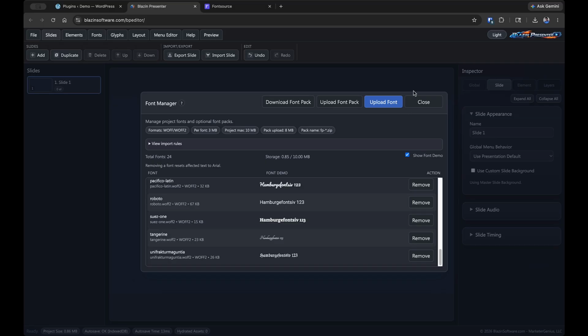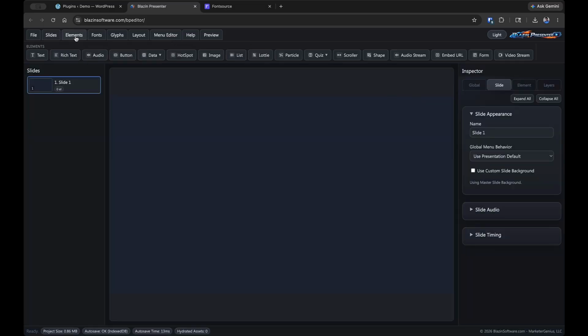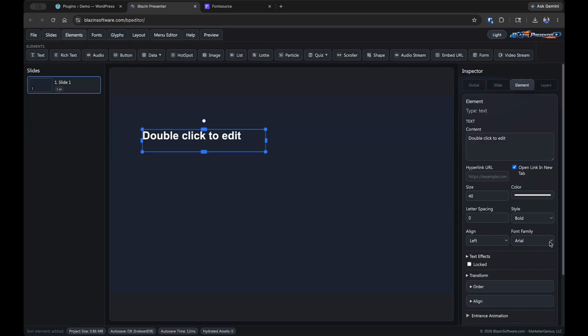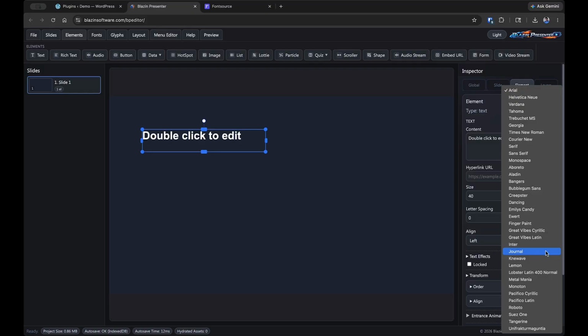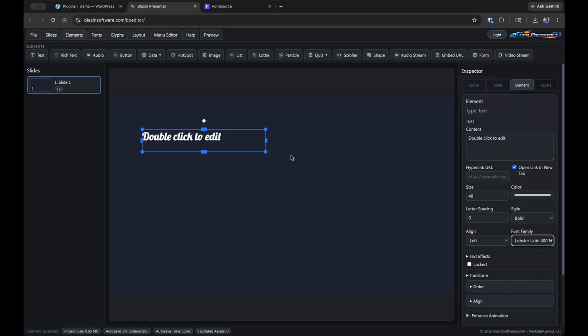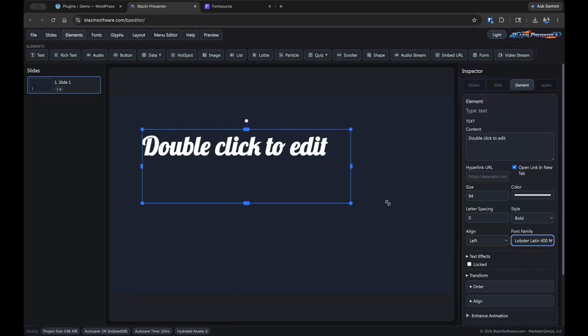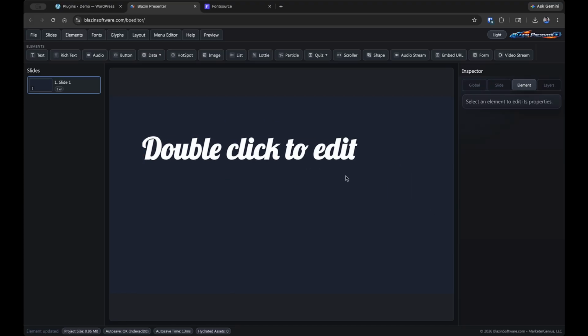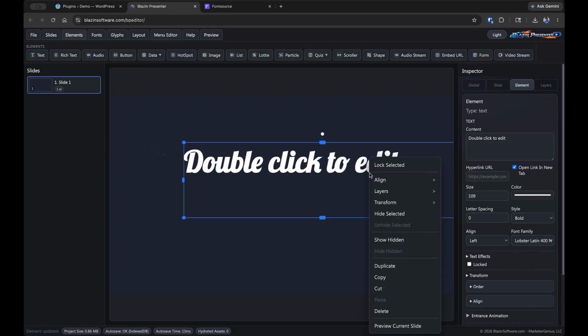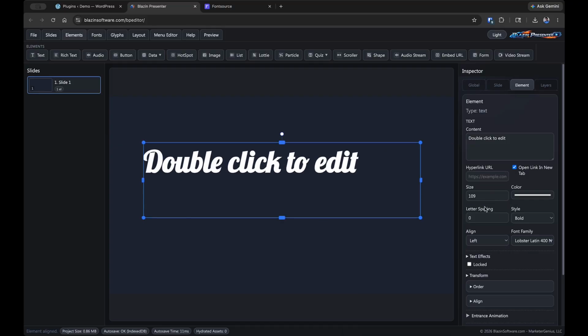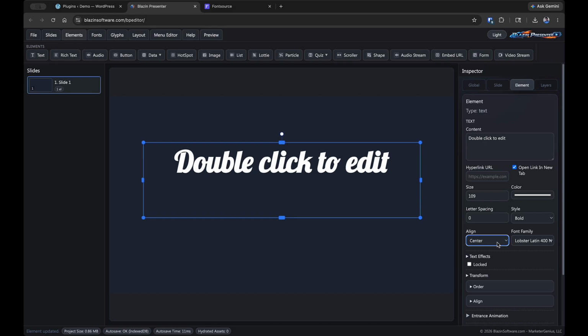So let's just use some of these custom fonts. Let's go to Elements, and a text object, and now you'll see underneath text we have all the extra fonts we just imported. So let's use the Lobster one, and there's Lobster, and let's scale that up by holding down Shift and dragging. So yeah, that's our custom font there. And it's as simple as that. You can use these